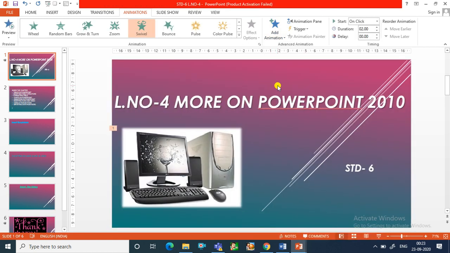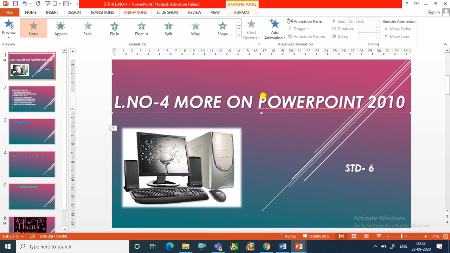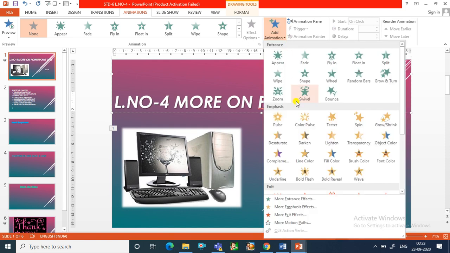Now I want to apply emphasis to this text. What is emphasis? This animation occurs while the object is on the slide and it helps to highlight the text or object. Again click on emphasis and just take this one.